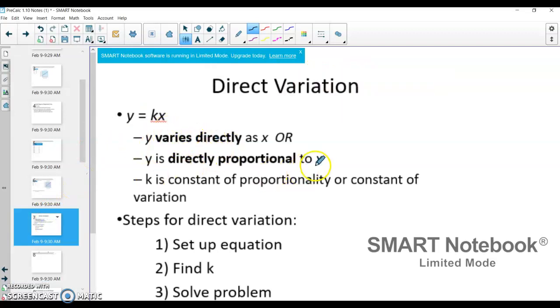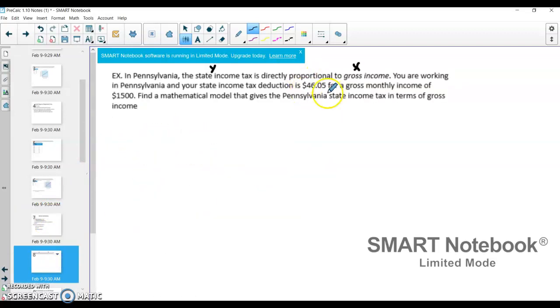And then it says, in Pennsylvania, your state income tax deduction is $46.05, and so that's going to be my y, because that's my state income tax. For a gross monthly income of $1,500, well, gross income was our x, and so $1,500 is going to be our x. Now we need to set up a mathematical model to actually solve it, and so we need y